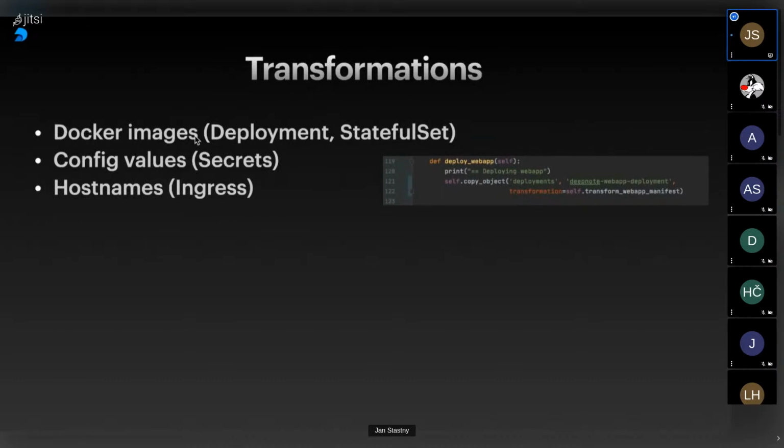As to the transformations that we do, which is the vast majority of the 350 lines of code, these are rather custom. We did not try to be too generic. We were trying to be rather pragmatic about this deployment script. So we, for example, know what kind of transformation we need to do on the specific ingresses and things like that.